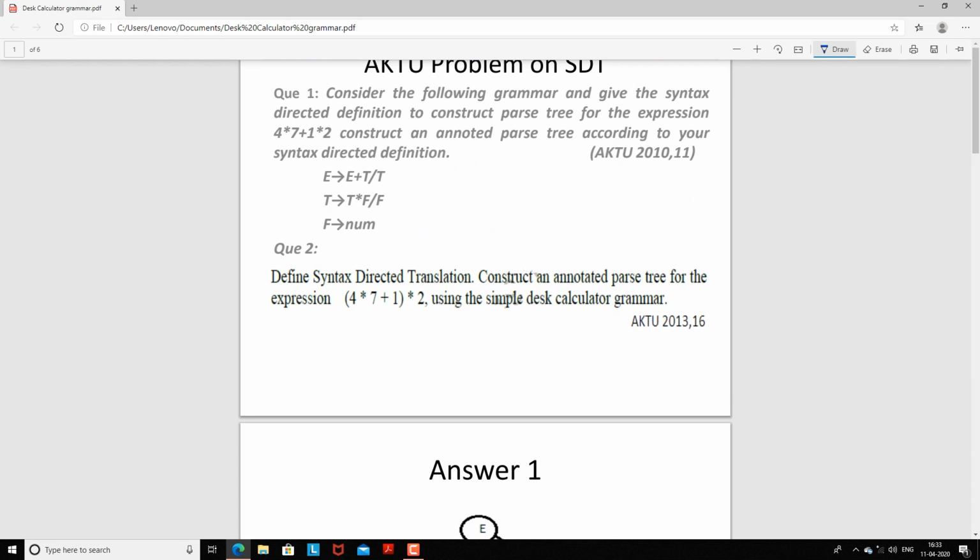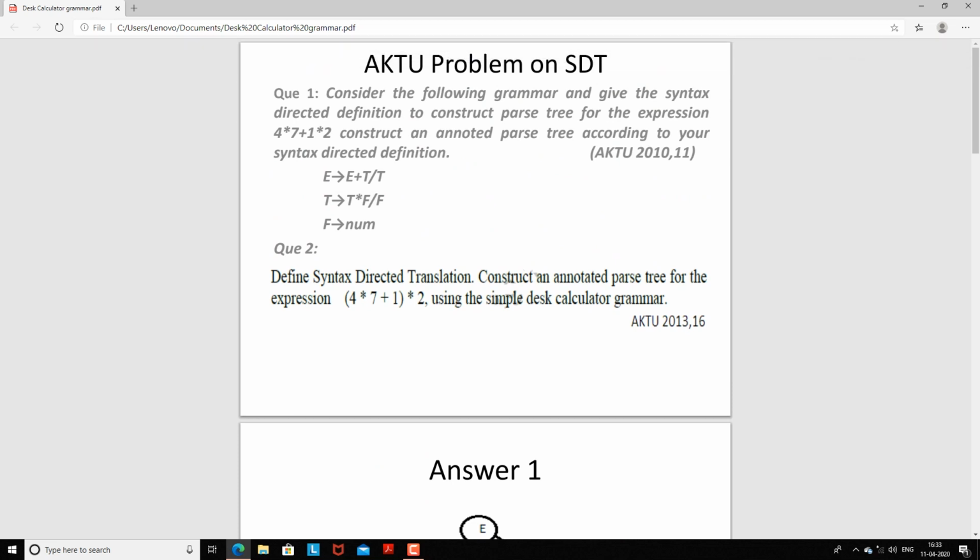So here we are going to discuss two questions. Both are based on a desk calculator grammar. The first question is: consider the following grammar and give the syntax directed definition to construct a parse tree for the expression, and construct an annotated parse tree according to your syntax directed definition. The grammar is provided here. This question was asked in AQT 2010 and 11, and almost the same question was asked in 2013